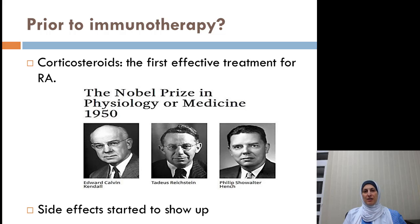It made a huge difference in the quality of life and in the mortality rate of several severe autoimmune conditions like pemphigus vulgaris, for example, which used to have a very high mortality rate because of the severity of the condition. With the steroids, this condition was brought under control and quality of life improved. In rheumatoid arthritis, the morbidity of the condition was so much decreased. It was amazing to see patients with rheumatoid arthritis able to walk and move again, as the severe inflammatory reaction they used to suffer from was suppressed. So they relied a lot on steroids,